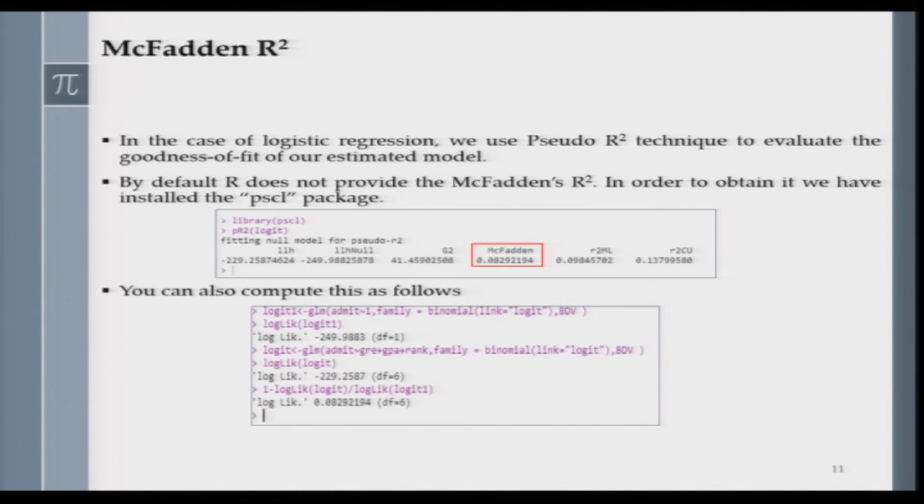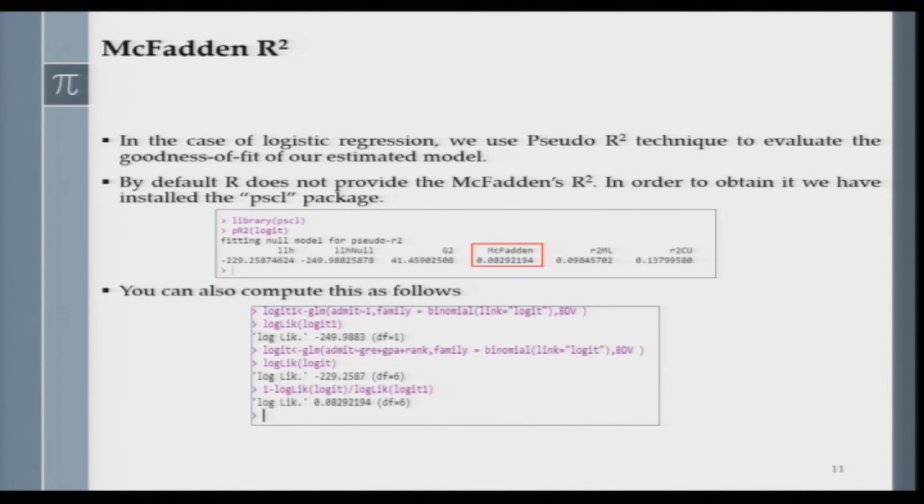Okay, 1 intercept and 5 explanatory variables, 2 of them are continuous in nature, GRE and GPA, and then you have 3 dummy variables, rank 2, rank 3 and rank 4. So if you run that model, then you get a log likelihood value of -229.25. Now you can actually make use of these two log likelihood numbers, and here I am showing you the last command, which is actually computing the McFadden R square formula's value for you.